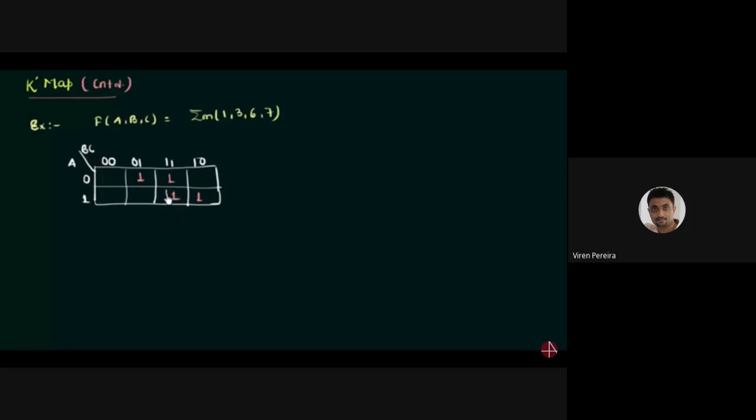So the first pair is this one. Then the second pair is this one. Now you can see all the 4 ones are already paired, so there is no need to pair in this way again. But if you do it, let's do it